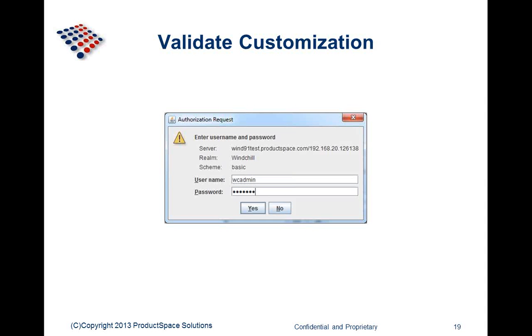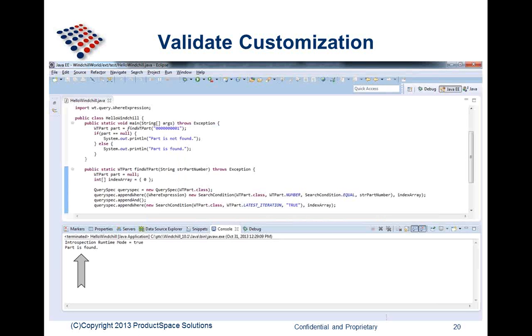mode. The next step in the process is to validate the customization. So when you execute the custom code, the code connects to Windchill over RMI, that is the remote access, and it prompts for authentication. So you specify the username and password, okay, and it then displays the result as shown in the slide. So this way you can use this framework to build custom tools